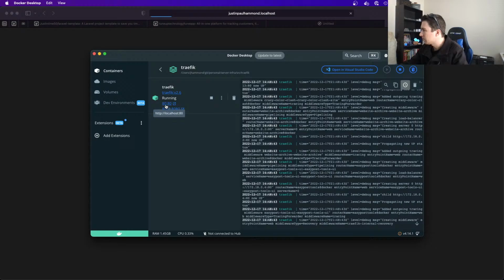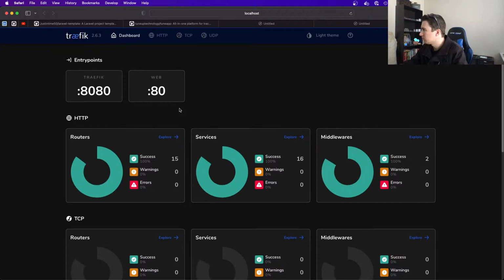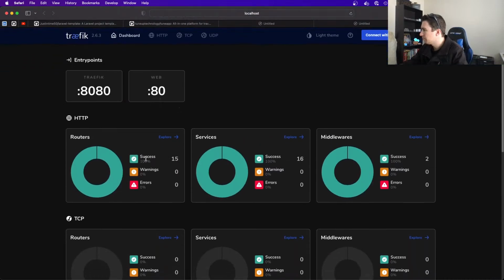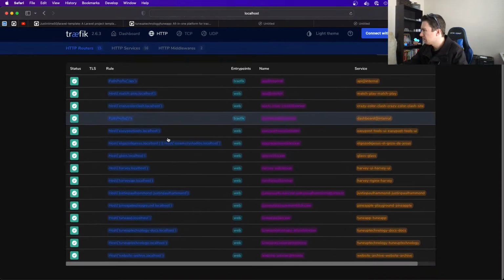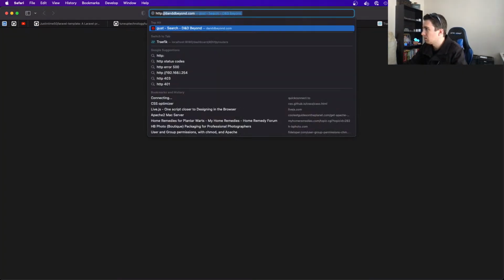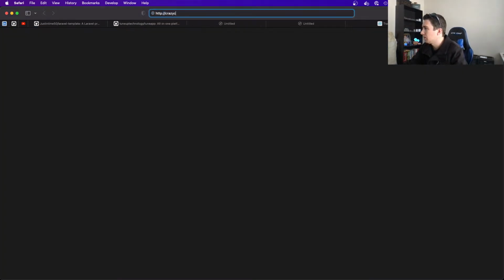Probably this. And it says it's all good. 15 successful routers. Crazy Color Clash dot localhost. Yeah, none of them are resolving at all. That's crazy.